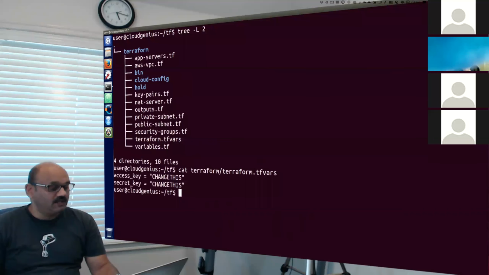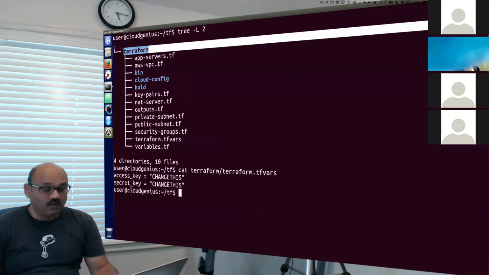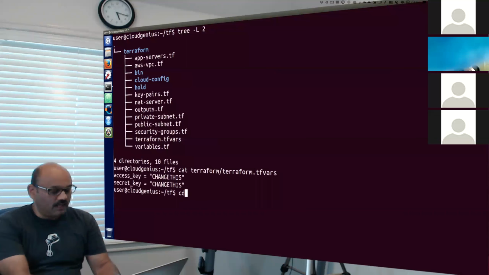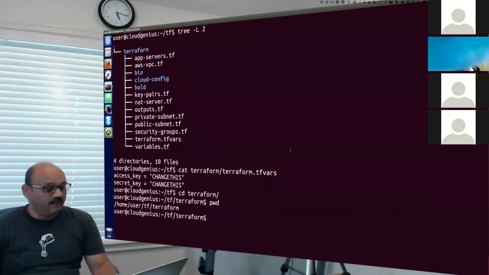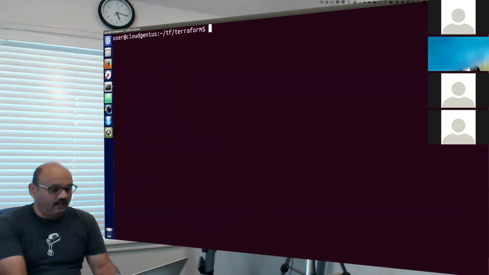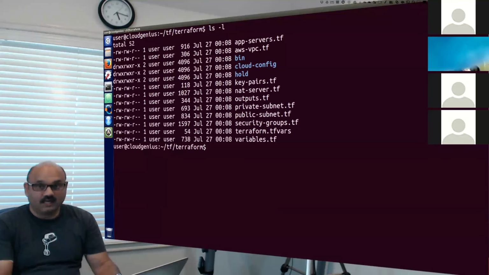Without these keys in place, Terraform is useless. It will not work on our cloud, in our case the Amazon Cloud, to be specific. And so we want to be working in that subfolder. So I'm going to go inside that Terraform folder like that. Now my current location is the download location, and then I went one step below to Terraform. And here I see these files that I want to actually use.